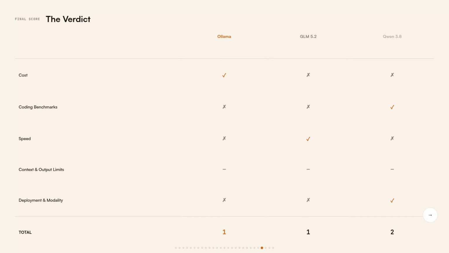If you're on a tight budget, GLM 5.2 is the better lane, it's cheaper per token, and has the only